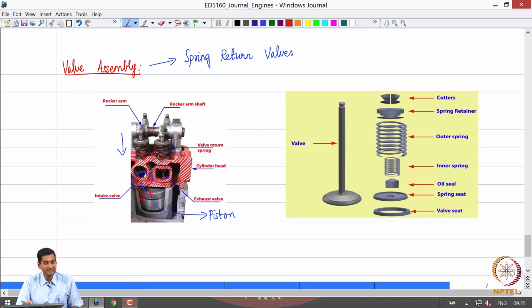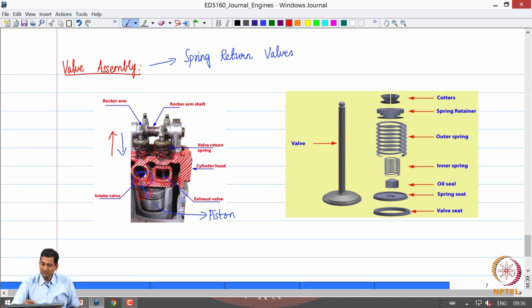That is what happens when you have the intake valve. And when the intake valve needs to be closed, the contact between the intake valve stem and this rocker arm is removed, and the intake valve closes the gap due to the spring force. That is why it is called a spring return valve. The same story holds for the exhaust valve also.